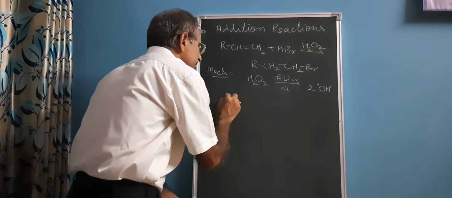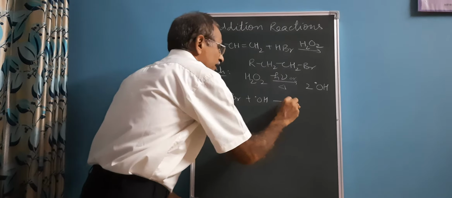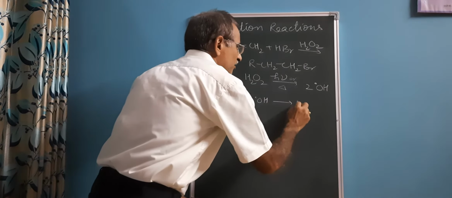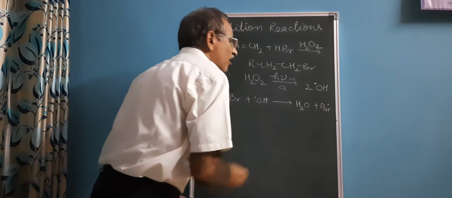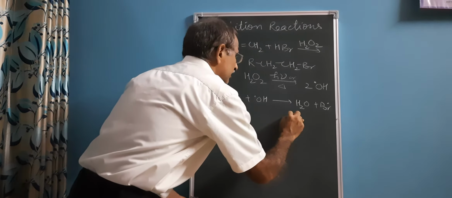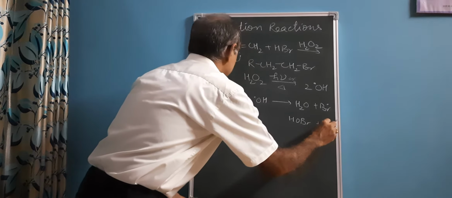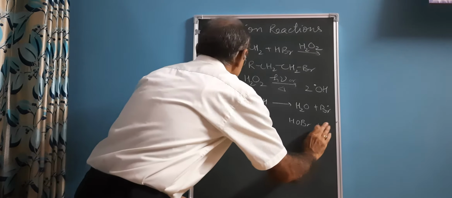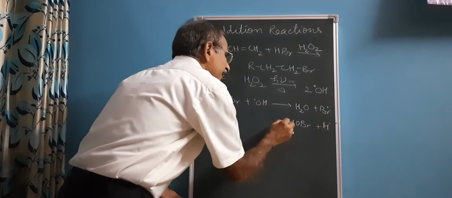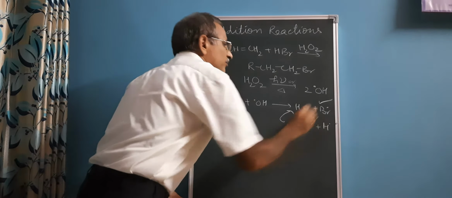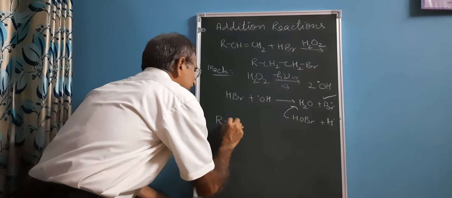And once free radical is formed, that combines with HBr, forming either water plus Br free radical or HOBr plus H free radical. But again it splits, giving this Br free radical. Once the Br free radical is formed,